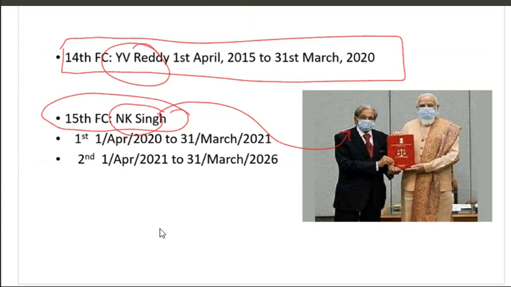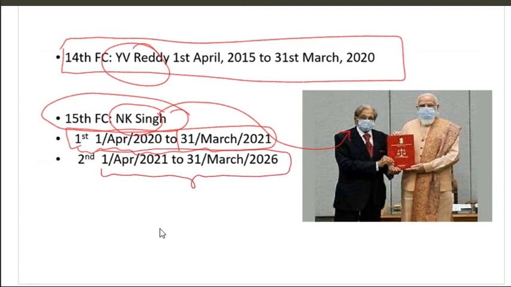Okay. There were two reports actually. This is an abnormal thing, okay? It never happened before, because the President asked the Finance Commission to prepare two reports. One was from April 2020 to 31st March, that is this year, which got completed, and from the new financial year, for 5 years, this second report is being used. That is the reason I have made this video. This is in news, right? Next,